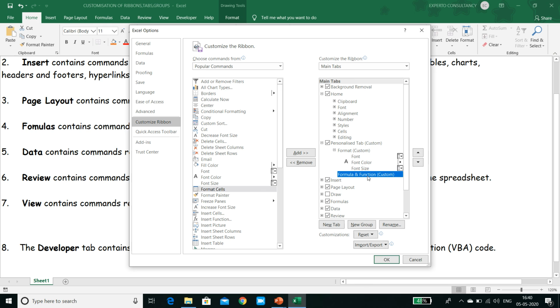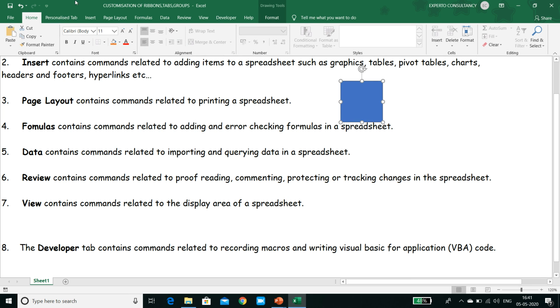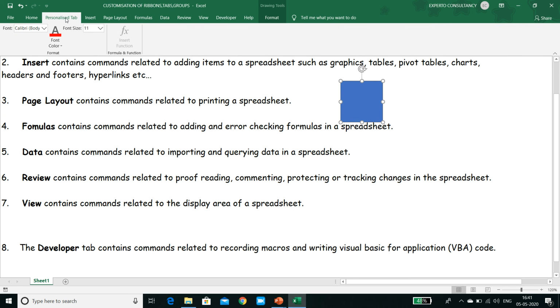Okay. Now let's add some commands to formula and function group too. Let's add this insert function and say add and say OK. So you can see here the personalized tab is created with two groups, format and formula and function, and with the commands.